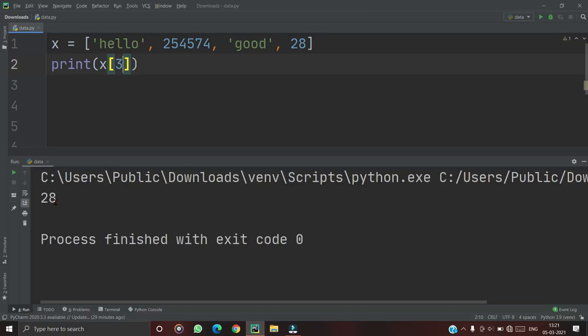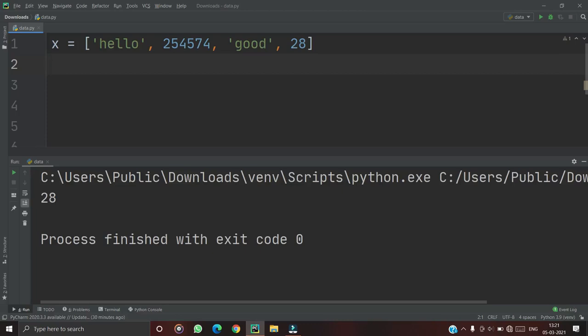Let's talk about updating the list. If I want to update an element, here the second element of the list is this number. I want to replace this number by another number.